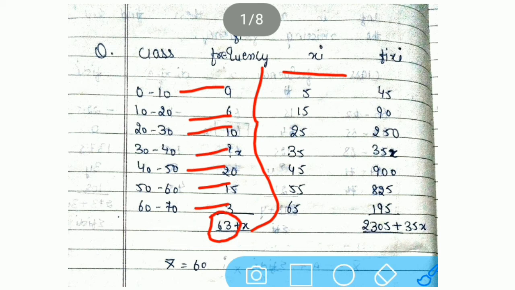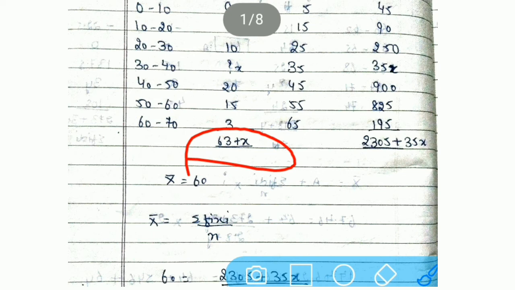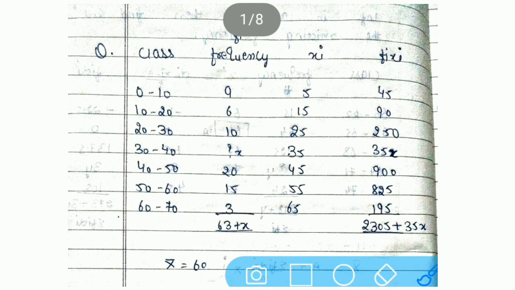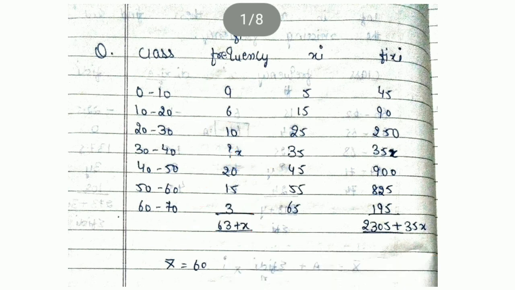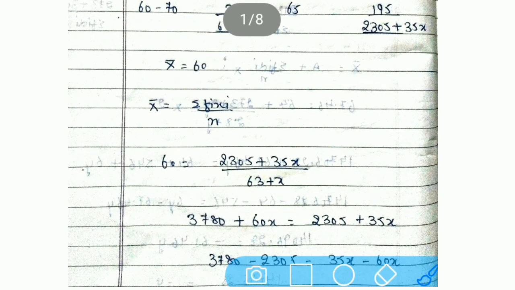not defined over here right now. So what we have to do is put this x as it is with the addition, that is 63 plus x. When we add all these values, that is 9 plus 6 plus 10 plus 20 plus 15 plus 3, it gives us a total of 63, and since the value of x is not given, we have to add x over here, that is plus x. So this is our answer for n. This is our n. Directly, if you want to put it into the formula, you can put it over here also. 60 is already put by us, n equals 63 plus x is put over here.